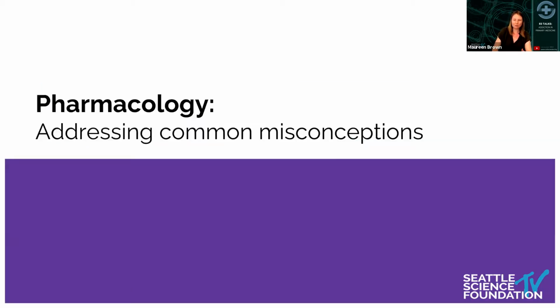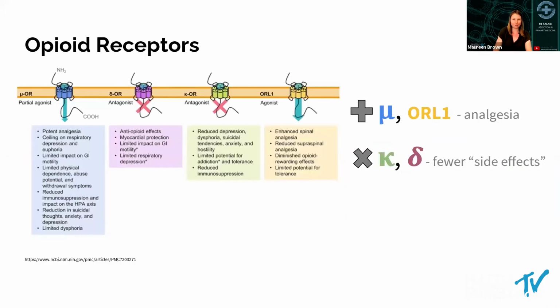So how can we explain all of these attributes with pharmacology? Something that as PCPs, I don't think we think a lot about, but I think can often be a really important tool in empowering our patients, and specifically helping to address some common misconceptions about medications like Bupe. So let's go back to med school a little bit. And I think many of us are familiar with the fact that buprenorphine is a partial agonist. This is the one fact that most people know about Bupe, and it is unfortunately the root of